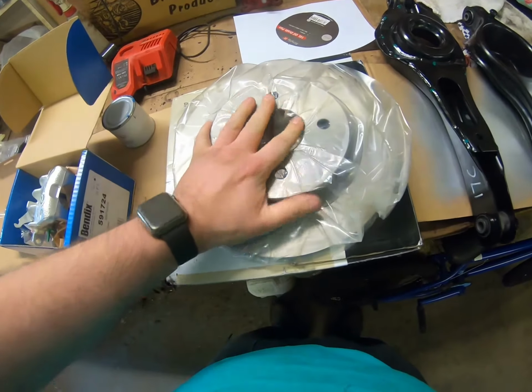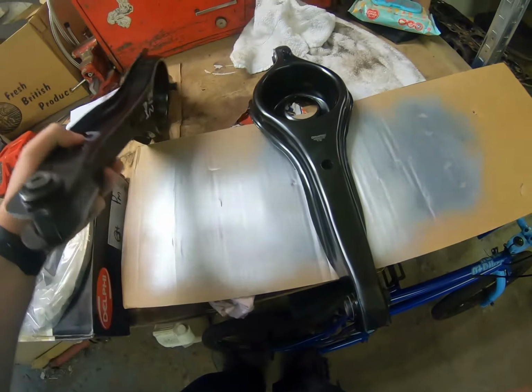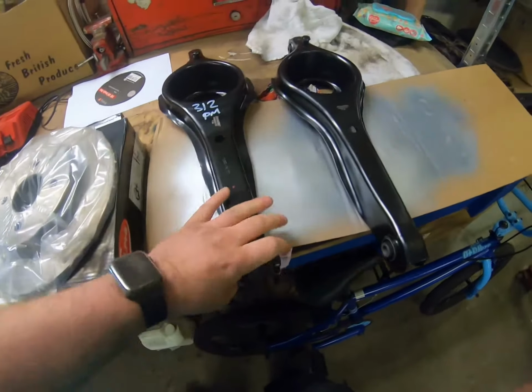I'm just going to put new brakes on. Hopefully it'll sort the braking issue on the car. And then also I got new spring holders and back arm beams, because the old ones, what tends to happen